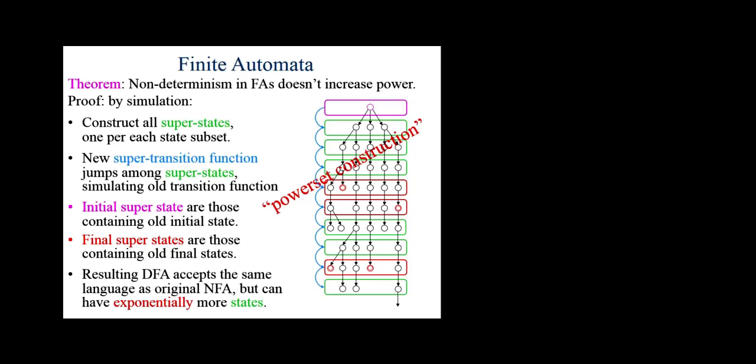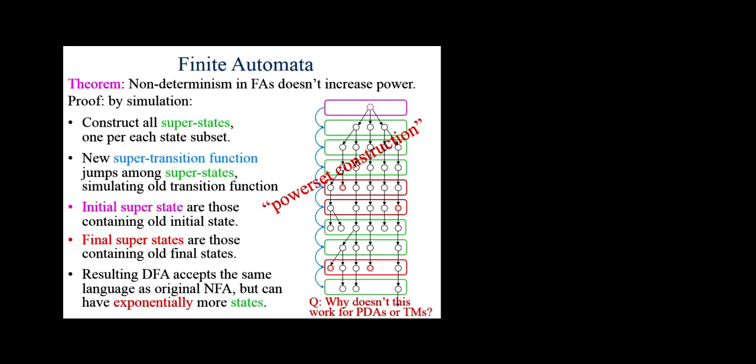Okay, so again, what did this construction do? It took a non-deterministic machine and converted it into a deterministic machine that does the exact same thing as the original non-deterministic machine in terms of the language that it accepts, the strings that it accepts or rejects. Okay? So that's what the powerset construction is.